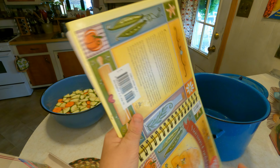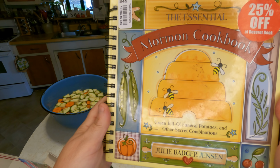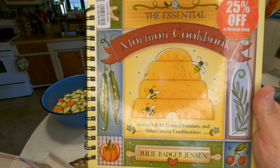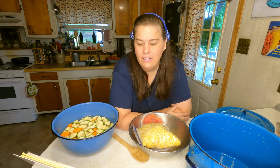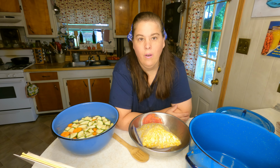All right, now we're going to make the Harvest Hamburger soup, and this comes from one of my favorite cookbooks. And this is the Mormon Cookbook. It's 1 pound of ground beef, and I'm only using 1/3, 1 onion, 2 10-ounce cans of beef bouillon or beef broth,